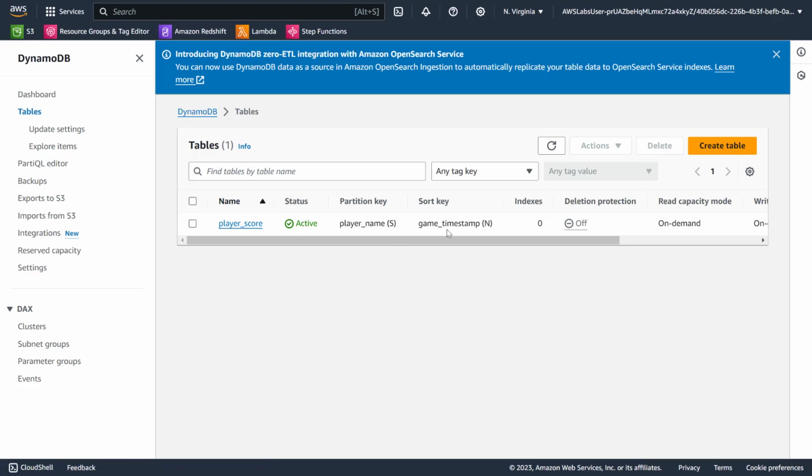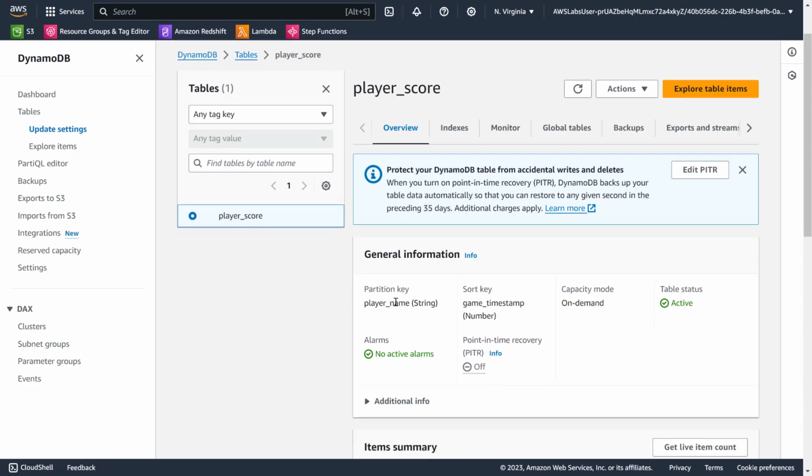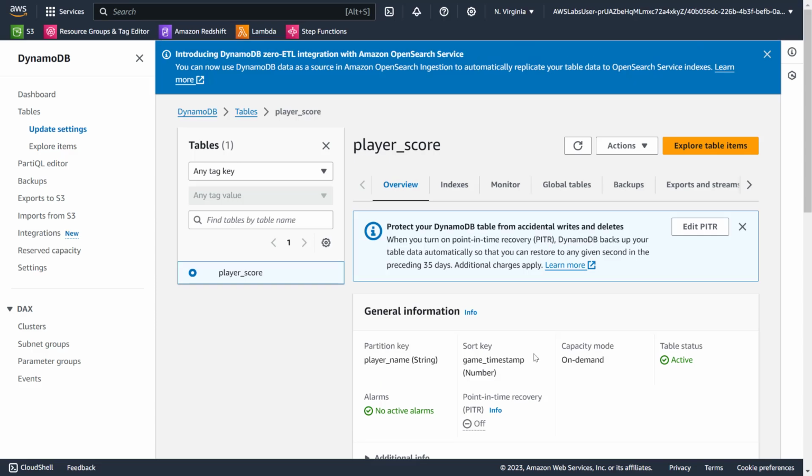Partition is player name, sort key is the game timestamp. So that's why it's already ordered in that. Okay, so we are here. You can see tables. The only table we have is player score. And if you come here, you can see the partition key and then the sort key and the capacity mode, whether the table is active, alarms, and there are others which we don't want to go into right now.